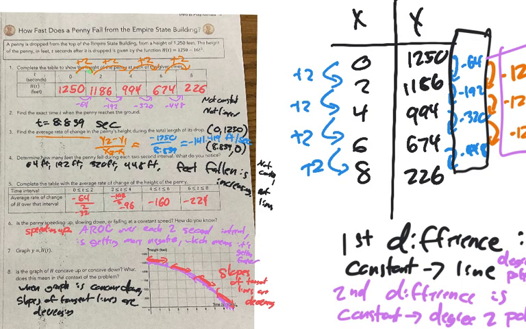If I have a constant third difference, guess what I have? I have a degree 3 polynomial, which is the snake. If I have a constant fourth difference, the